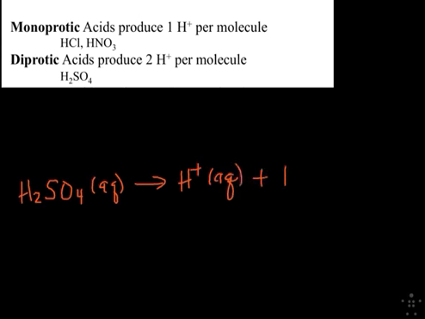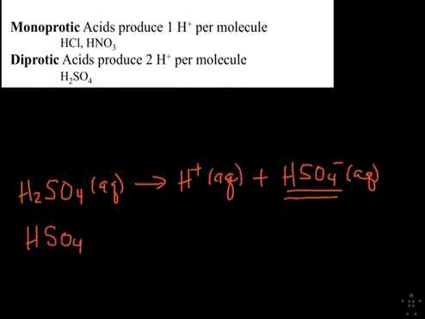plus an HSO4 minus ion, the hydrogen sulfate ion, and then that hydrogen sulfate ion can go on to also lose its proton. It's actually an acid as well. H2SO4 ends up being a strong acid, so this first proton dissociates almost 100%. This second reaction doesn't actually go quite to 100%, so I'm going to start doing something that we're going to